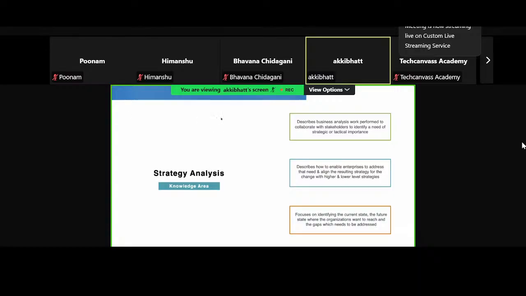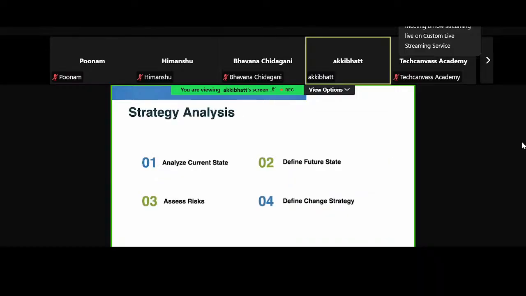So it describes how the BA work is performed to collaborate with stakeholders to identify needs of strategic or tactical importance. It describes how to enable the enterprise to address that need and align the resulting strategy for the change with higher and lower strategies, focusing on identifying the current state, the future state, how we're going to get there, and identifying all those gaps that need to be addressed along the way. So the first task